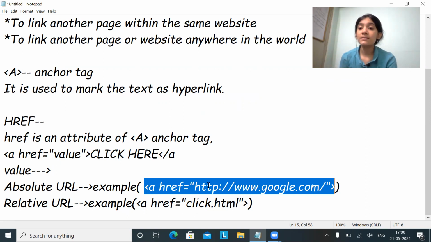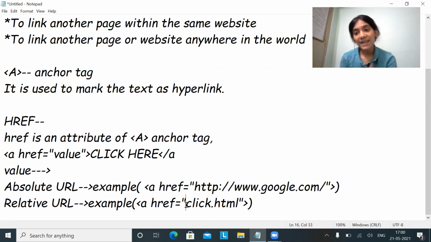That is called an absolute URL. But when you consider a relative URL, it will be on the same website, and the new web page will be displayed whenever you click a link. For better understanding, let's get started with one example.